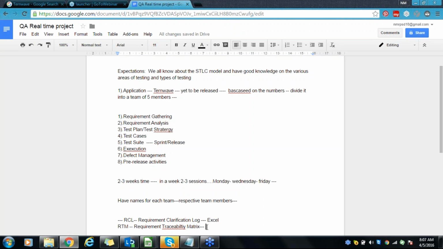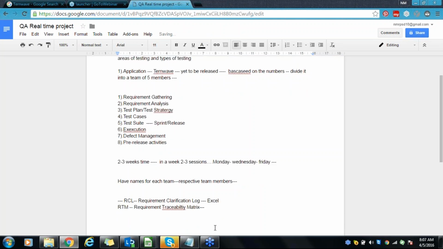That's how we will make sure all the requirements are covered under test cases, and during execution we'll make sure all the test cases are tested, so that the respective requirements are covered under testing. So for making sure, we will have these documents, RCL, RTM, and the last and final thing is the closure document